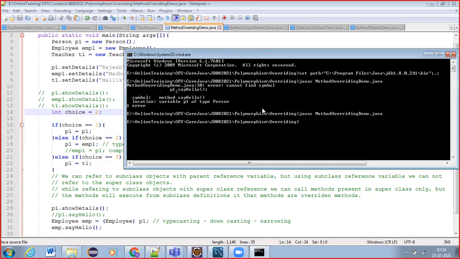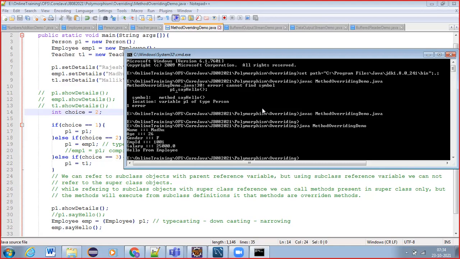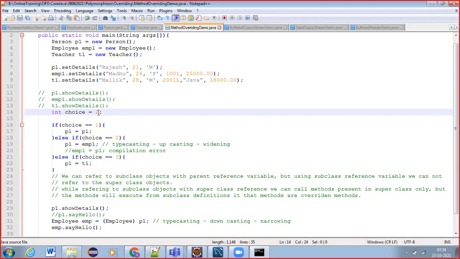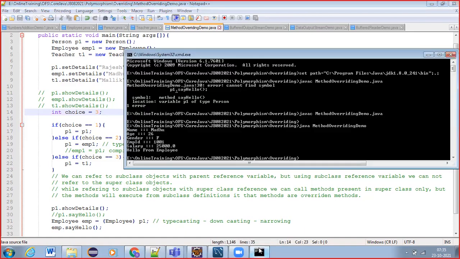Means here P1 dot show details will work as a polymorphic statement. See, it is showing employee details. Now if I give the choice as 3, then it will show.